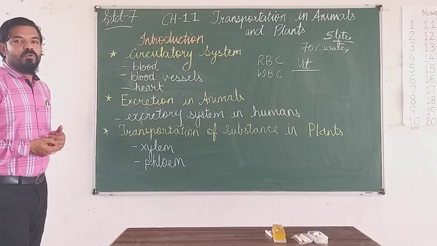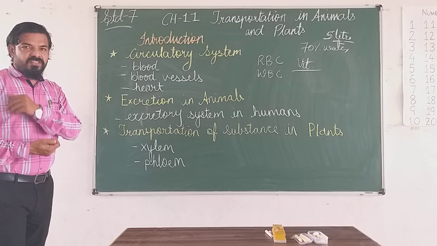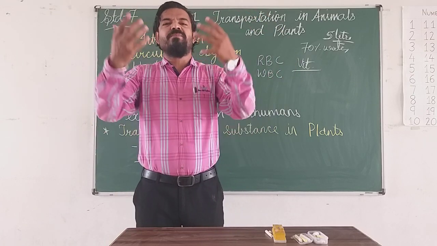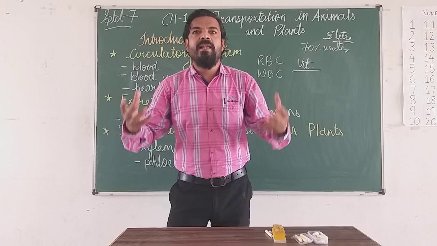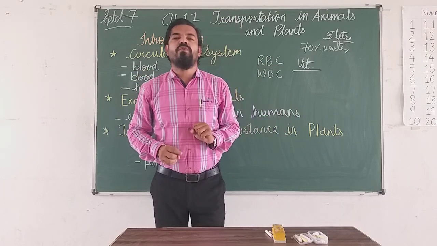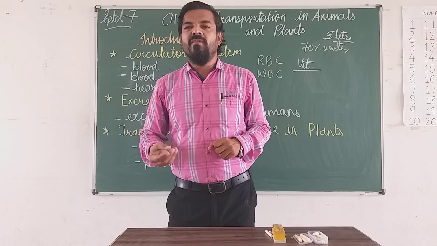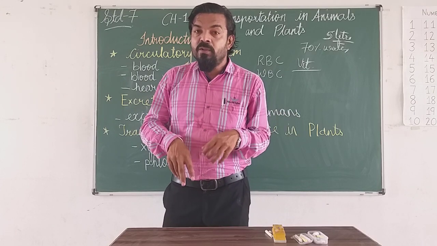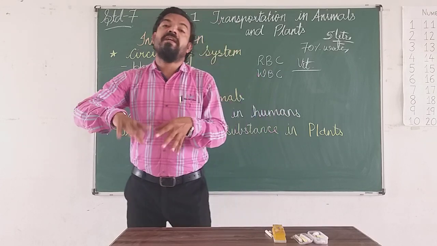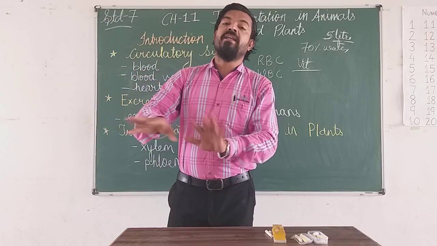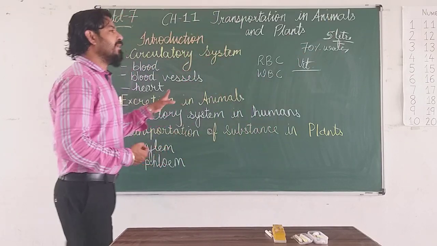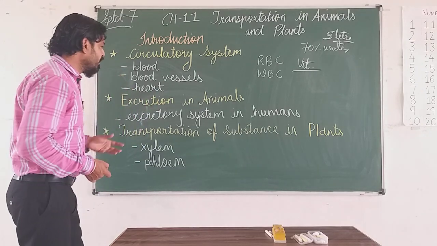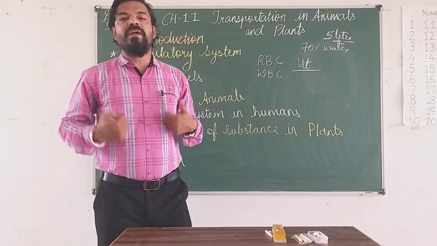Now, the second thing in the introduction is excretion in animals. What is excretion? What is waste material? Your cells are working, is it? If you use any utensil at home to make food, then after making the food you might have waste material in that utensil. Then you have to wash that utensil, throw the unused food outside, and clean your utensil. Similarly, the body has this system, the excretory system, which throws waste material outside the body.